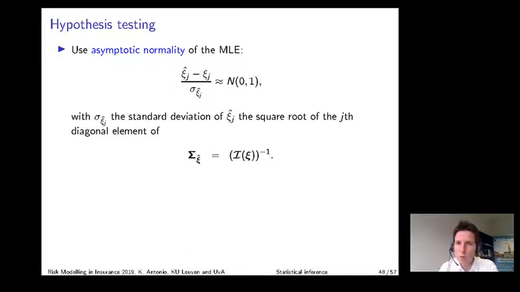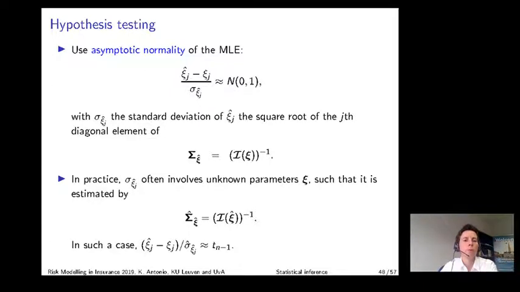In practice, this standard deviation of the xi j hat often involves unknown parameters, such that it is estimated by the inverse of the Fisher information matrix, where the unknown parameters xi are replaced by their estimates. The asymptotic distribution then becomes a Student t distribution with n-1 degrees of freedom, where n is the number of